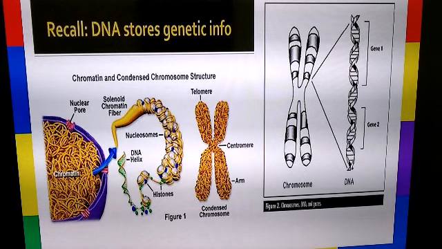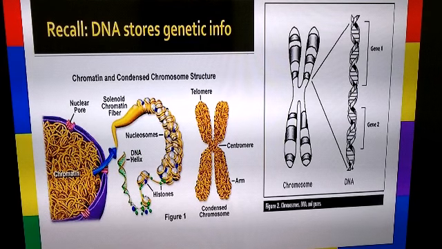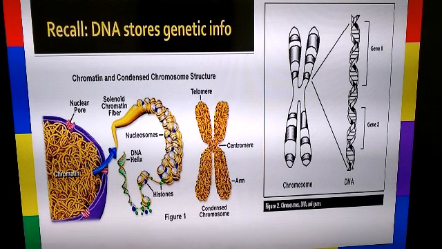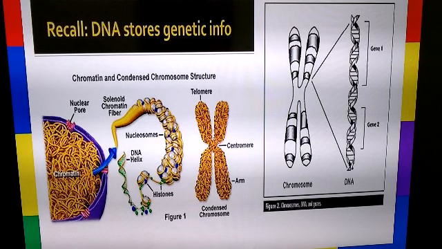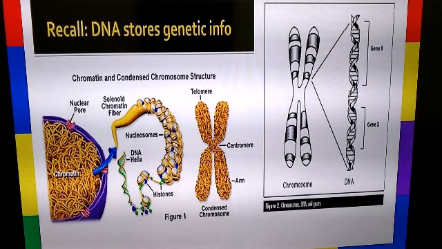Now the chromosomes are composed of a helical structure called DNA and proteins. Now what is this DNA? You can see the strands which are present in the chromatin fibers. This constitutes the DNA. Now if we look at one particular strand of DNA, this is how the helical structure of DNA looks. So this is what the DNA looks like.